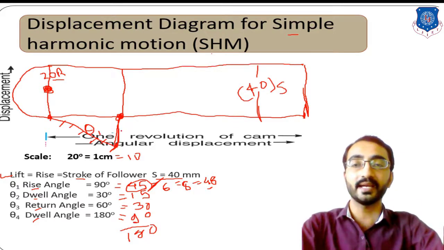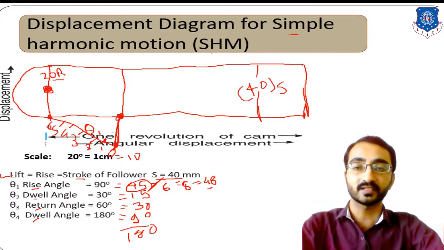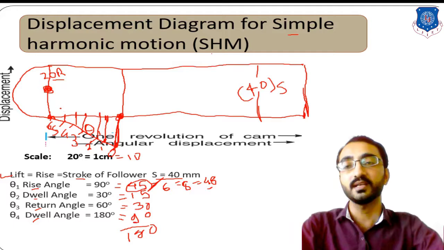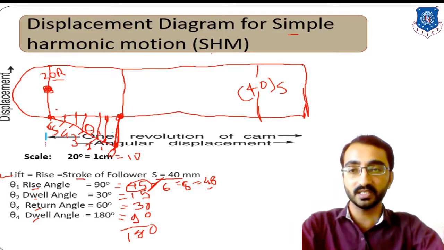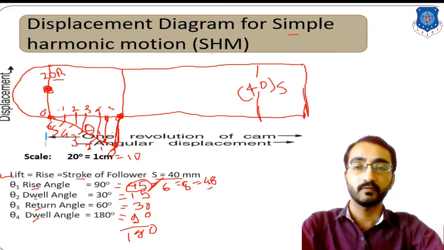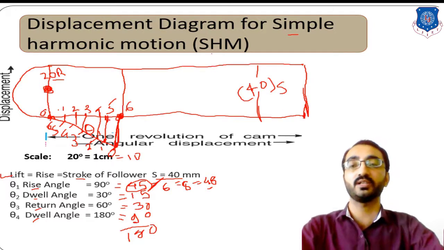Then draw lines parallel to this reference line. If you consider this as 0, 1, 2, 3, 4, 5 and 6, then from the first division draw one parallel line, which represents the first. Similarly, second, third, fourth, fifth and sixth. In this way you can divide into 6 equal intervals, and you need to give notations. We can consider the notation again starting from 0, so now 1, 2, 3, 4, 5 and 6 equal intervals of this horizontal line.